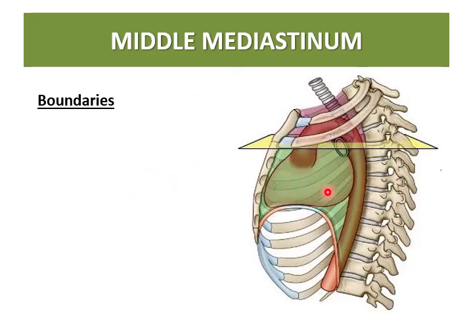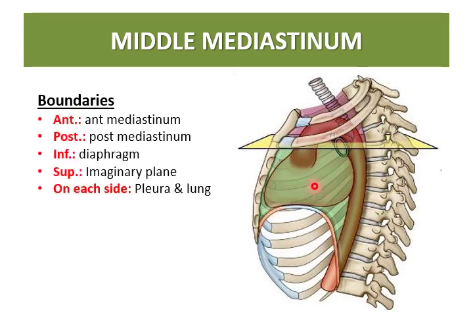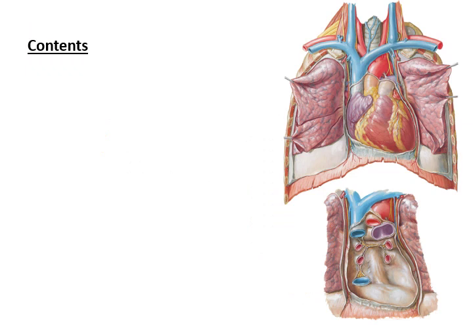Now we will cover the middle mediastinum, boundaries and contents. The boundaries are anteriorly we have the anterior mediastinum, posteriorly the posterior mediastinum, superiorly we have the imaginary plane, inferiorly we have the diaphragm, on each side the pleura and lung. The contents of this mediastinum are the pericardium and heart,